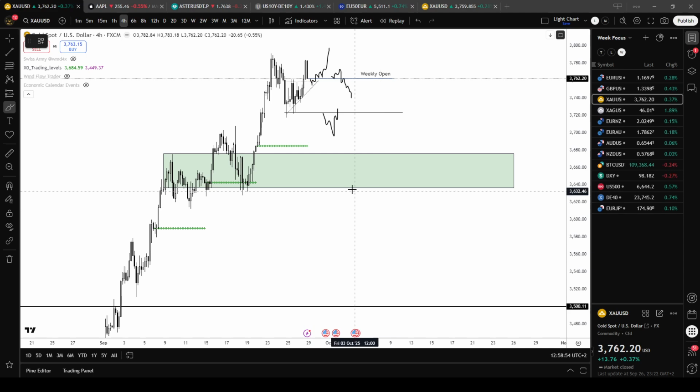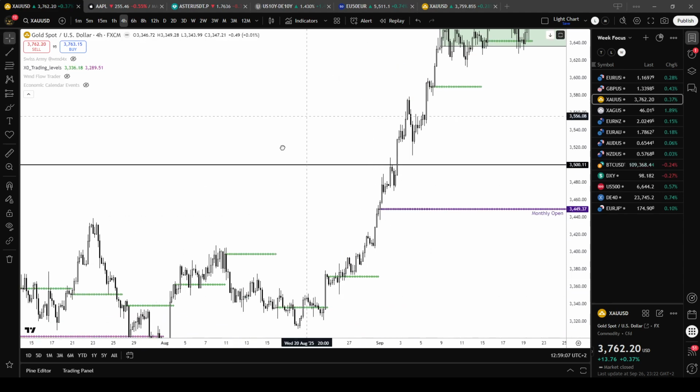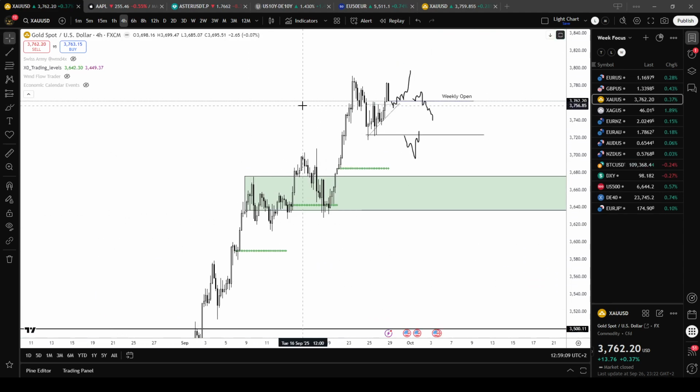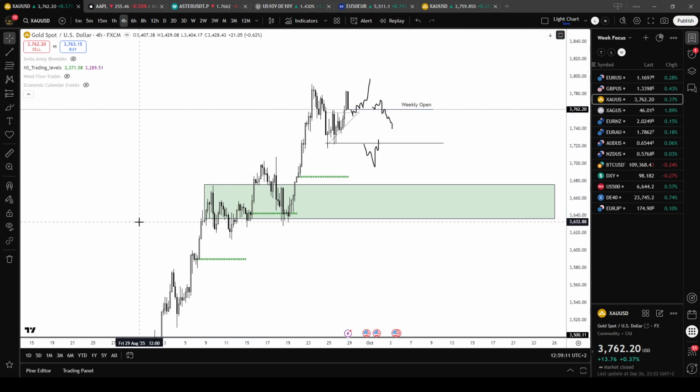And still, even if it did something like this, it would be a golden long. Because we have to remind ourselves that this was a monthly consolidation and we broke above. We broke out of that. And the reason and the fundamentals to remain long gold and silver are there and are going to be there